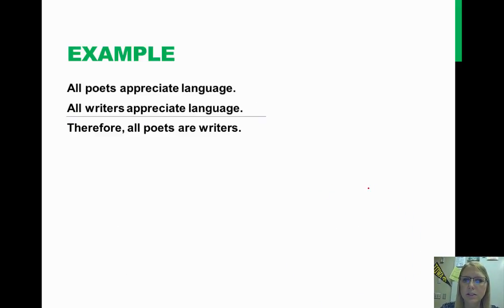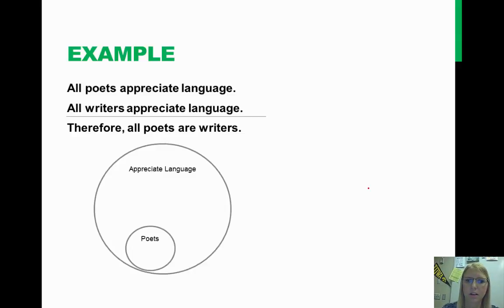Now, let's look at something that might be a little different. All poets appreciate language. So the first thing we're going to do is put poets inside of appreciate language. The second part says all writers appreciate language. So one of the things you need to know is that it means the writers could be inside here. It doesn't say anything to do with poets. So we could have writers here. We could have writers here and intersecting with poets. We could also have writers